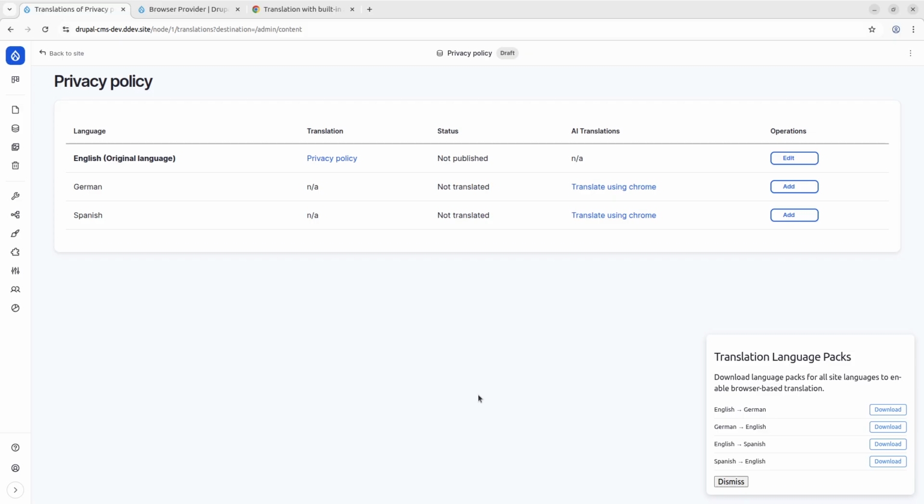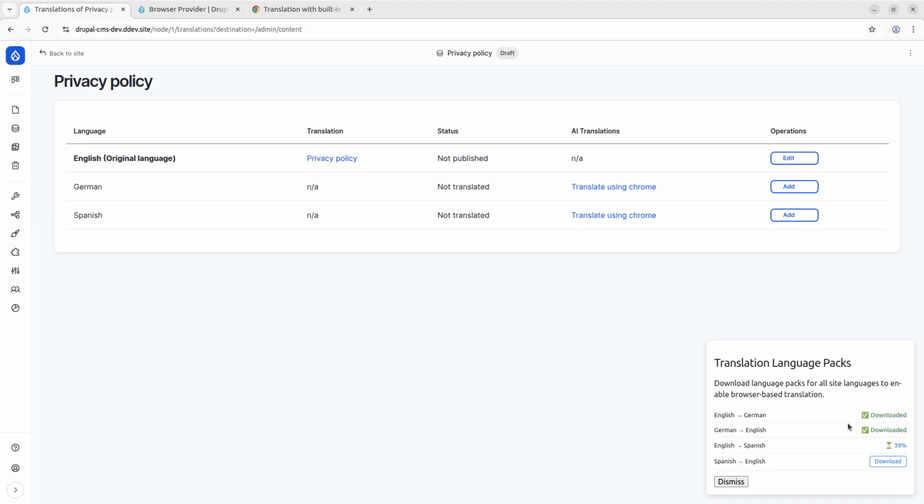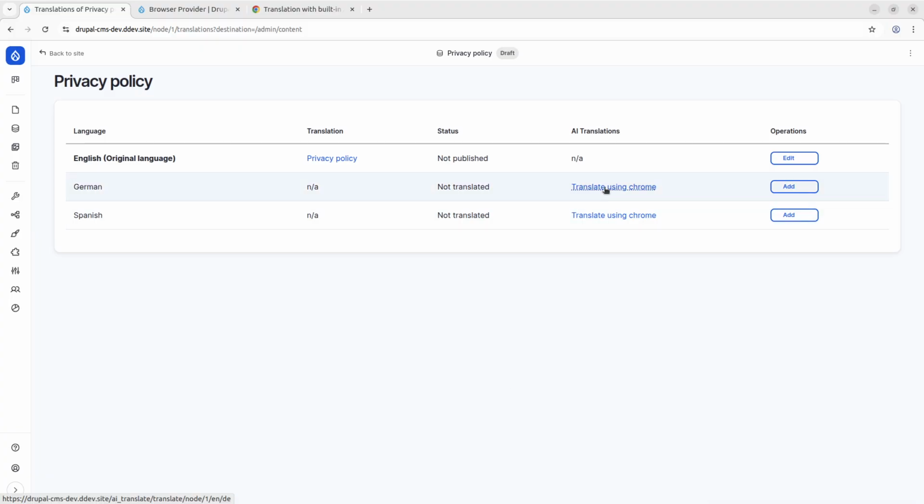And now what it says then is translation language packs. And this is for my browser then, of course. So if I download these, and another person on their browser wants to do the same, they also need to download this. So you just click on download, and it's gonna now download the English-German pack. The opposite's gonna be very fast. I think they're just inverting it. And then we're downloading the English-Spanish, Spanish-English,